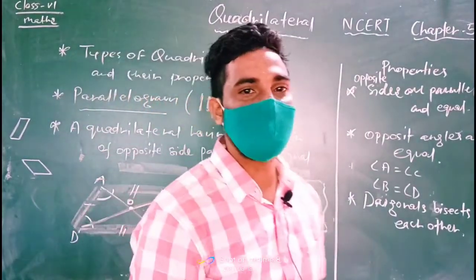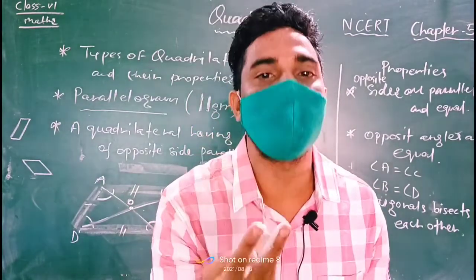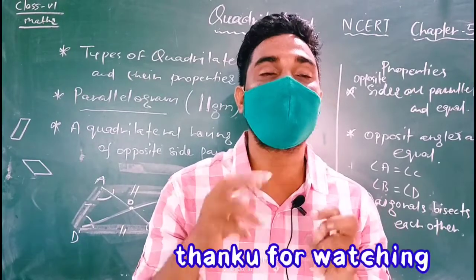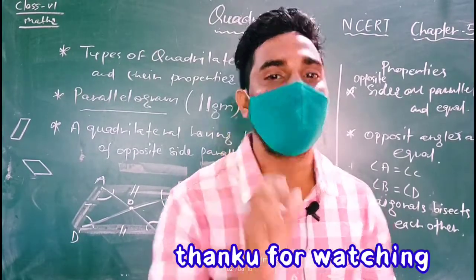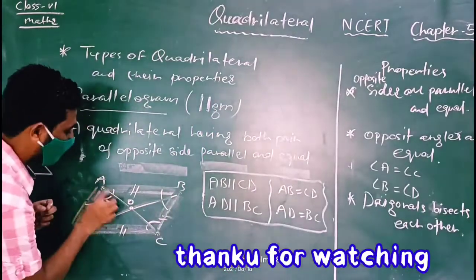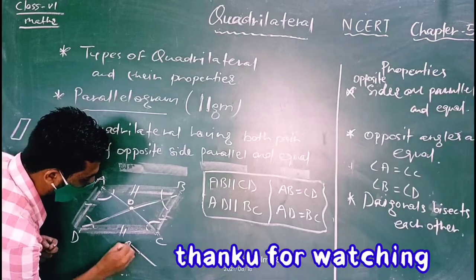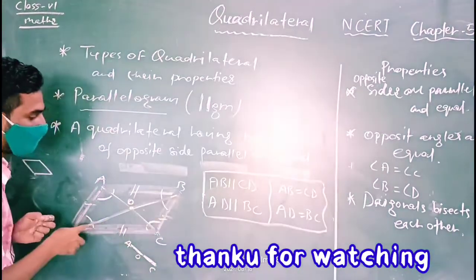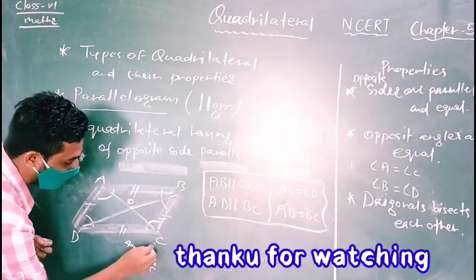The meaning of bisect is to divide into two parts, and the parts may be equal or may not be equal. But in mathematics, when diagonals bisect each other, the meaning of bisect is to divide into two equal parts. So you see, this AC line is divided into two equal parts, AO and OC. By which line is it divided? Intersected by this BD. BD diagonal bisects this.